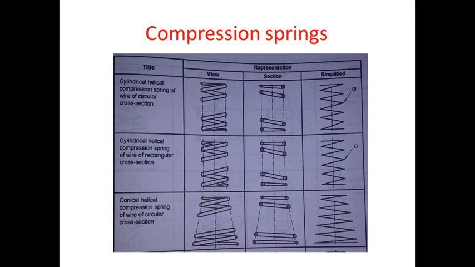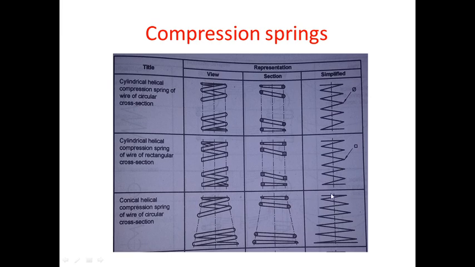Compression springs. Now, compression springs are basically used for absorbing compressive loads. That is, these springs will absorb the compressive shocks. In compression springs also we have different types of springs. You can see the first two are both cylindrical helical compression springs of wire of circular cross section. This spring as well as this spring are cylindrical, whereas this last one is